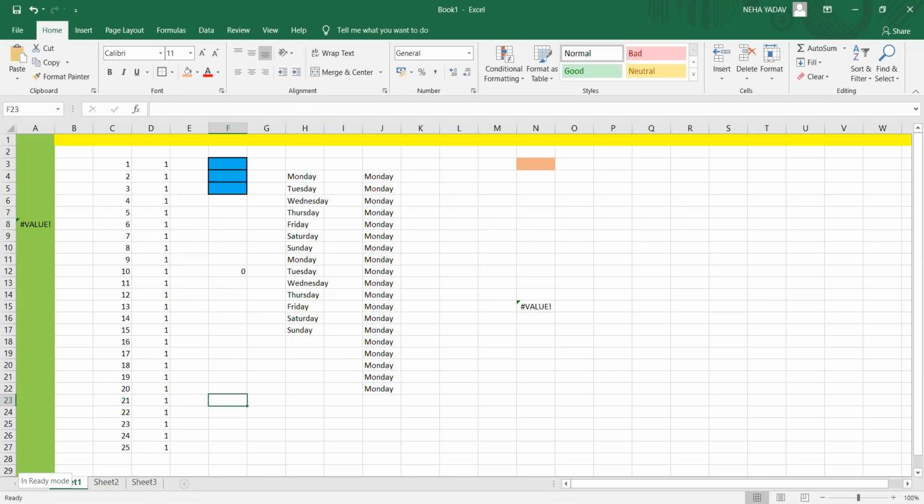Control plus Home will always point the cell pointer to the first cell of the topmost row. That means if you are pressing Control plus Home, which is a key on your keyboard, then you are going to go to the A1 cell, that is the first cell. Control plus End will take you to the last cell.